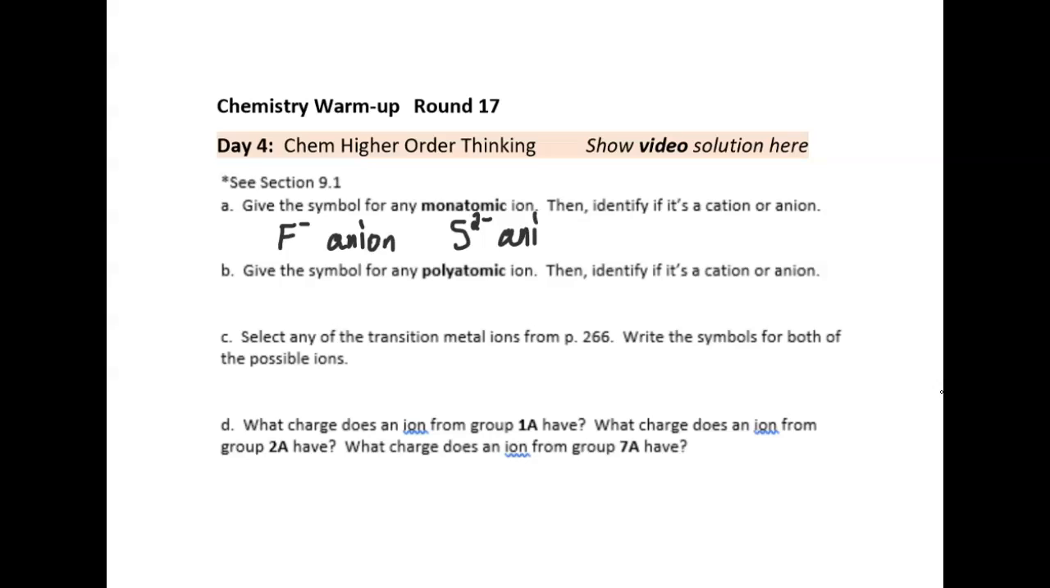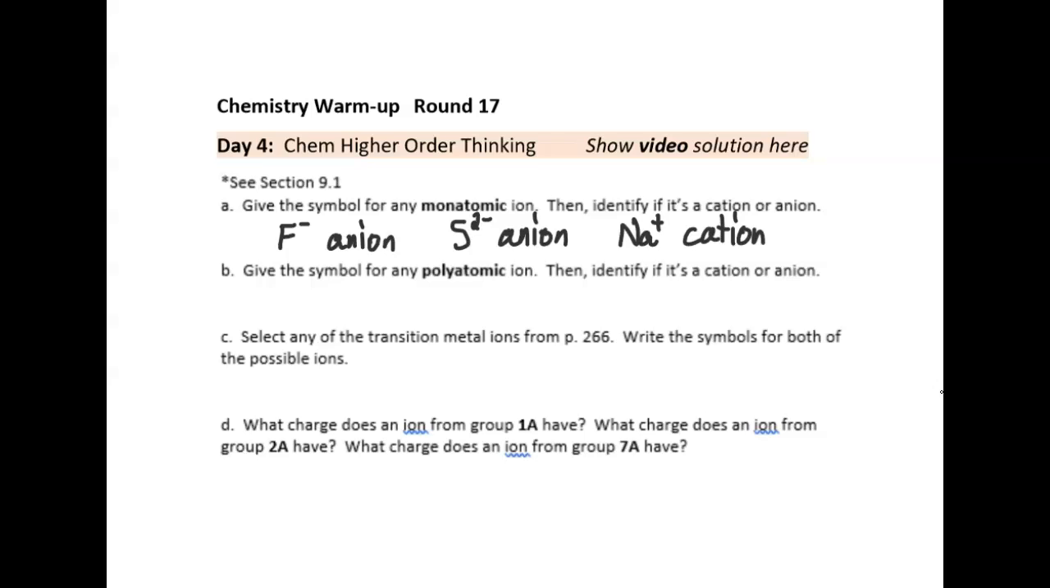It's an anion. Another example of a monatomic ion is the sodium ion, Na+1. That has a positive charge, so it is a cation. You only had to give one example in your answer. I gave 3 examples. Question B, give the symbol for any polyatomic ion and say whether it's a cation or